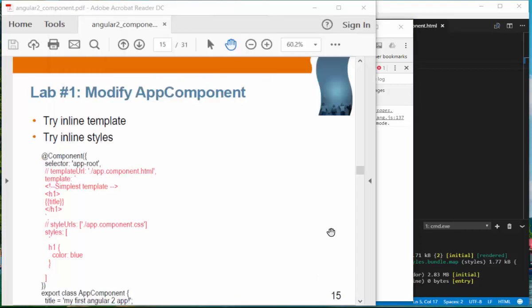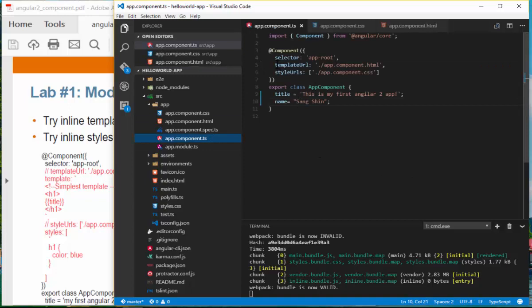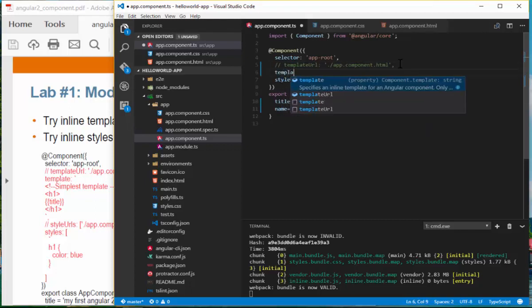Next exercise is we are going to use what is called an inline template and inline styles. As you can see, each component has a template and styles. Typically you reference an external file, but this could be inlined. So instead of templateUrl, I'm going to just comment this out. We're going to have an inline template. Usually you don't want to do this because it's going to make your class a bit more crowded, but it is possible. So here you're going to use the back apostrophe as we have learned before,